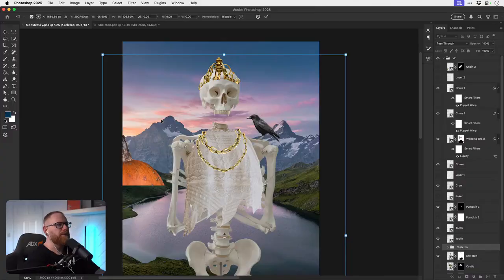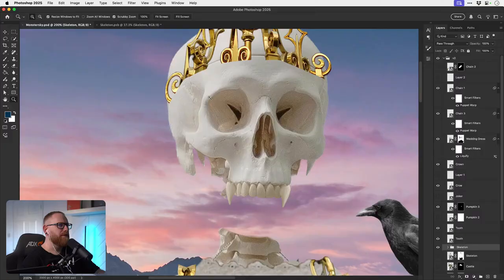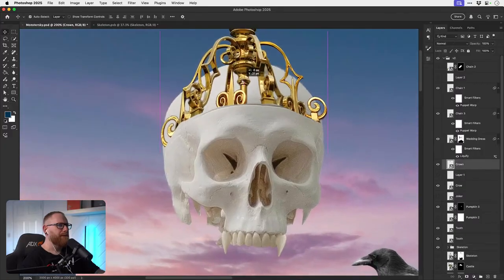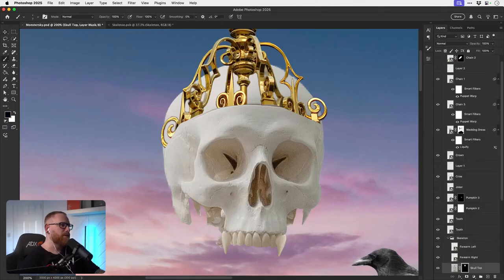There we go. And then we just need to take Skeleton's head off. Move him into position with his teeth. Yeah, I think this is going to work. It just gives me the flexibility while I'm still coming up with the idea.